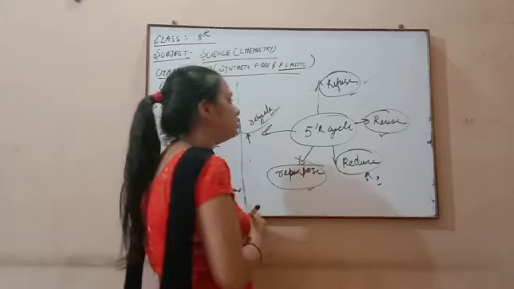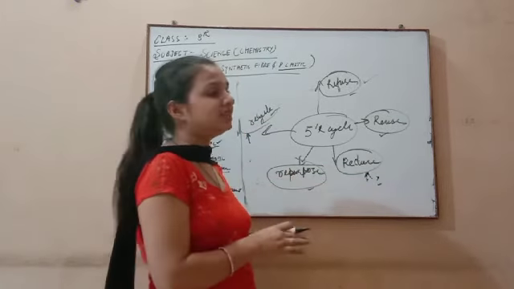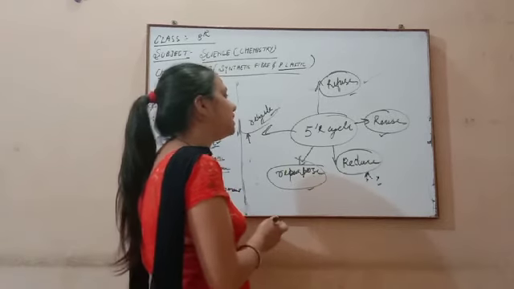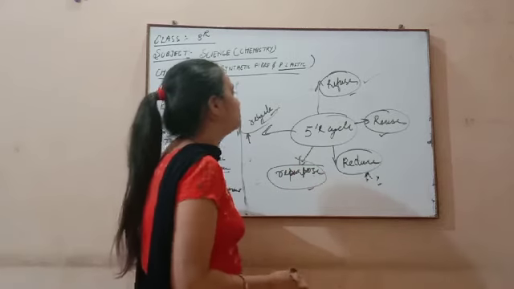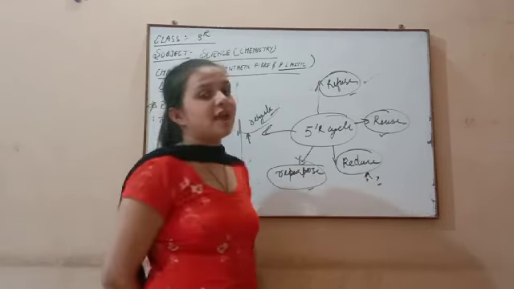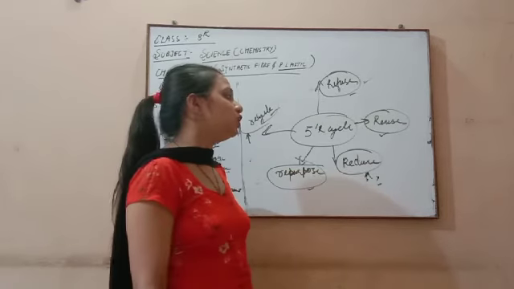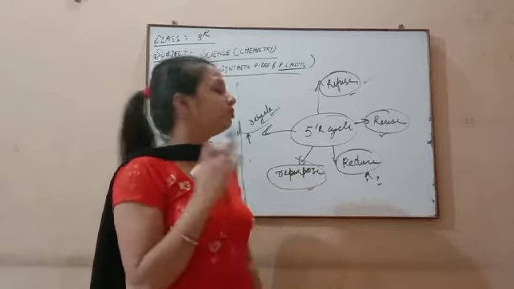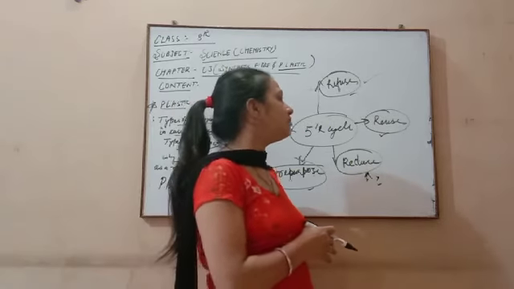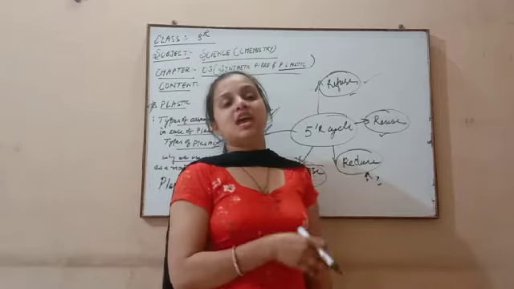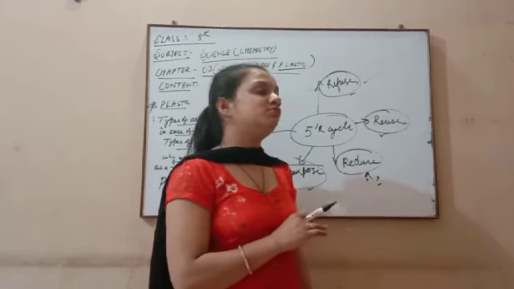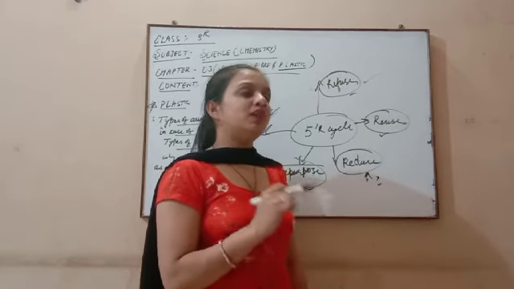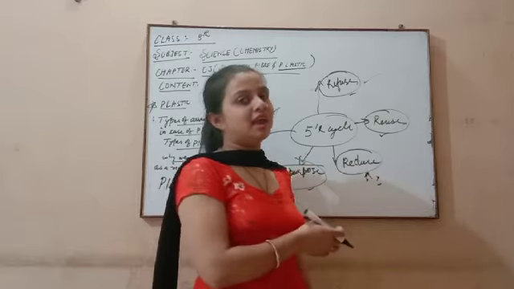Fifth one, if we use the plastic and it is able to be recycled, then we recycle the plastic and it may change into other different forms. So this 5R cycle should be attempted by all the persons, because this is good for our environment. We want to save our environment from the action of plastic. So this cycle is a very important cycle, because we save our environment and we make our environment plastic free, means we control the use of plastic by the help of this cycle.